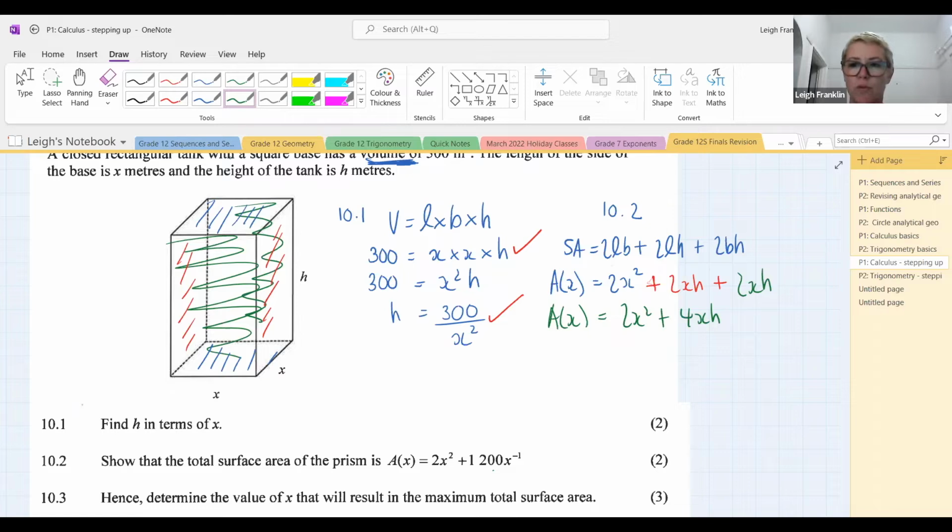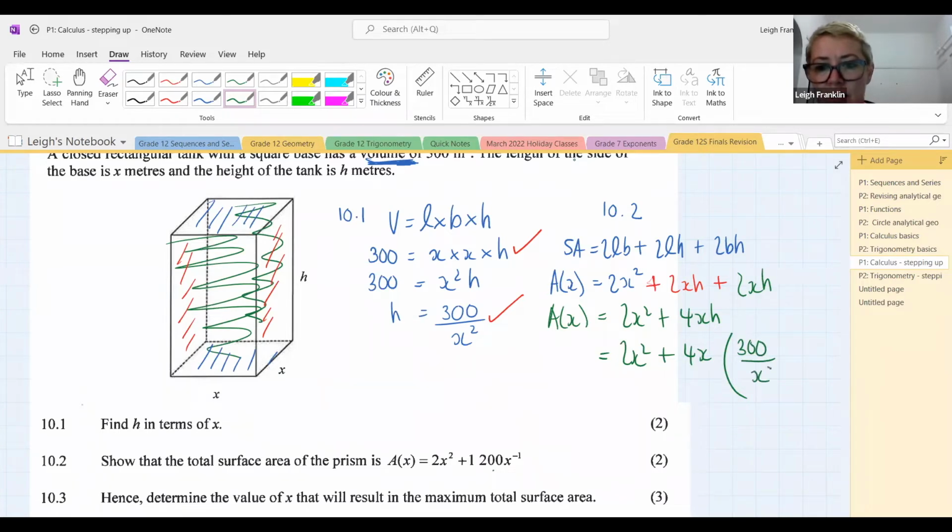Use what you've got. What have we already done in 10.1 that we can use? Exactly. Okay, we've got h in terms of x, quite right. So now we need to go and substitute. In place of our h, we are going to write what h is equal to in terms of x, which is this